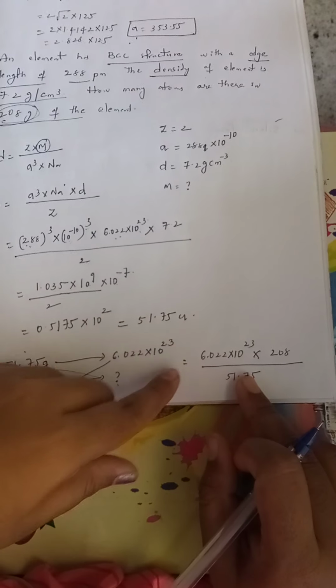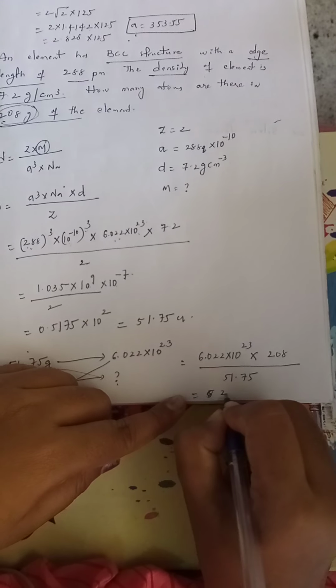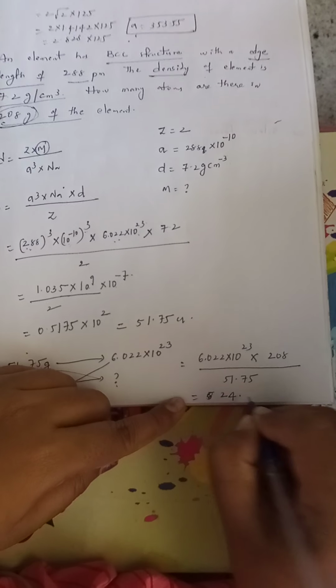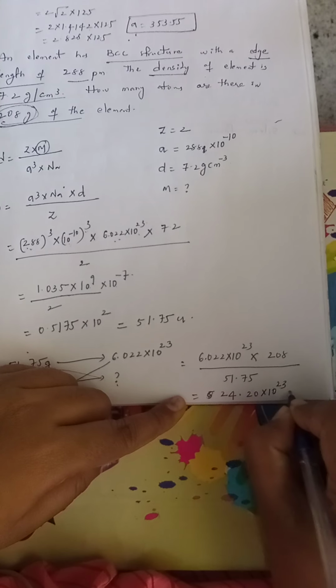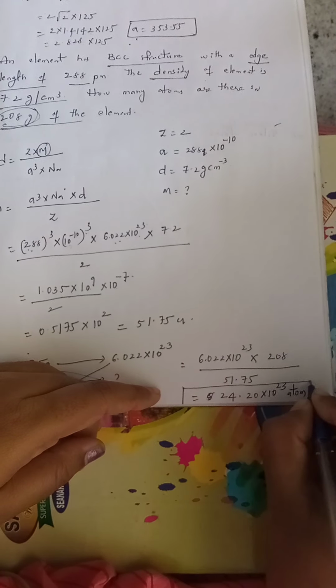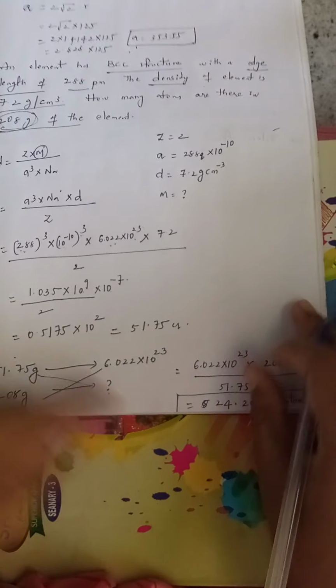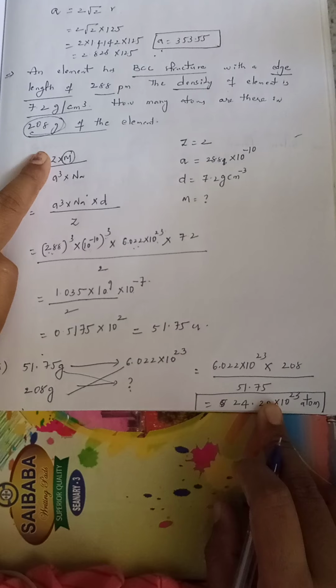After calculating all this, you will get 24.20 into 10 to the power of 23 atoms. Okay, this will be the final answer. That means 208 grams of element contains these many atoms,